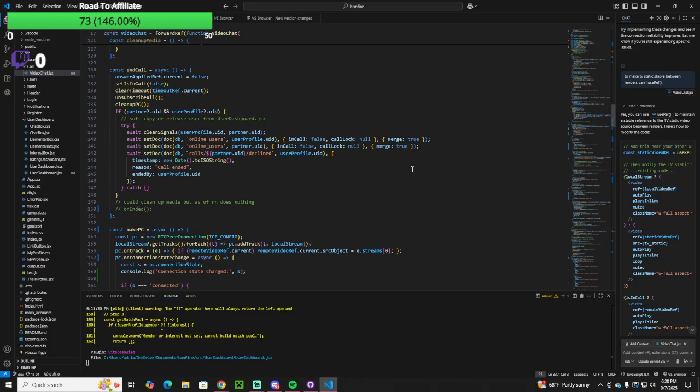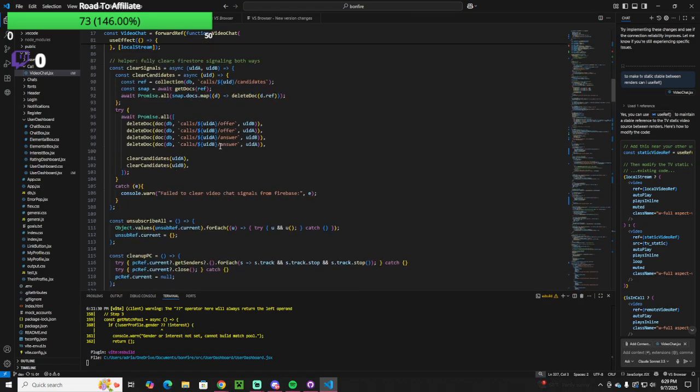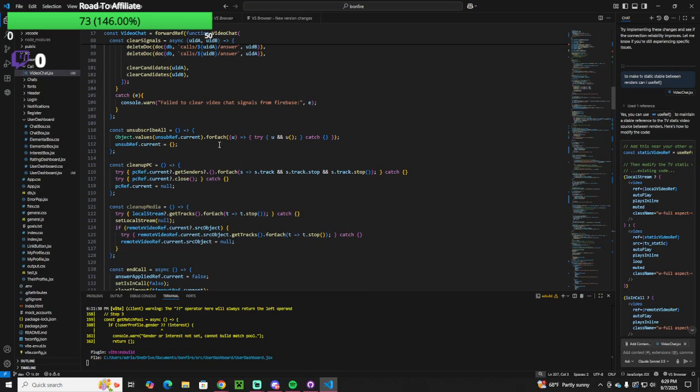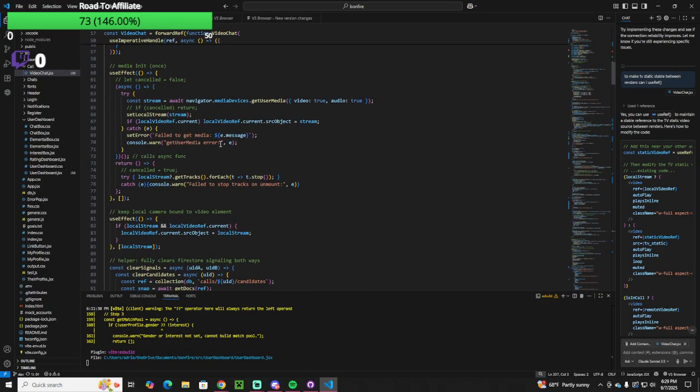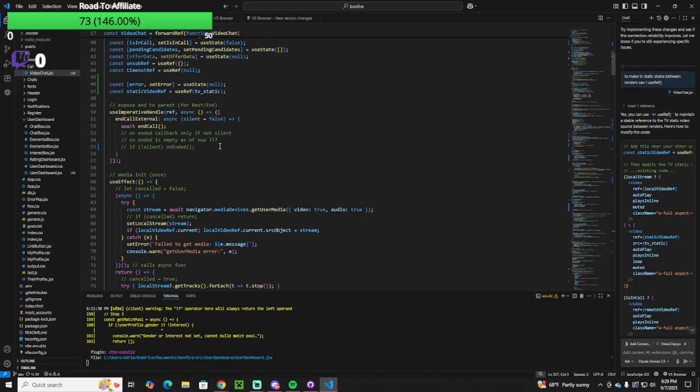I could tell based off of the Firebase that we have offer and we have answer. So honestly, the fact that we have that alone, when I check it, I should be able to see it. We have offer, we have answer, we have candidates. So then I just got to figure out why it's not connecting. So let's view this from here, right? So